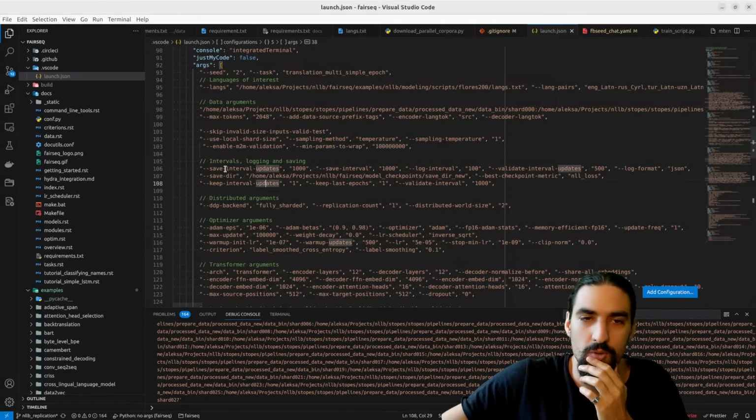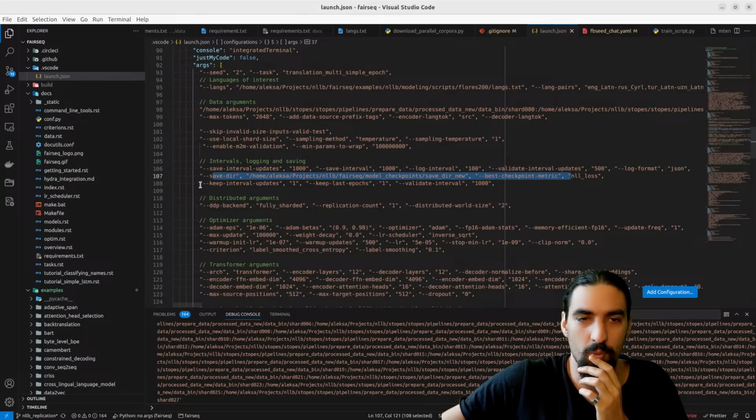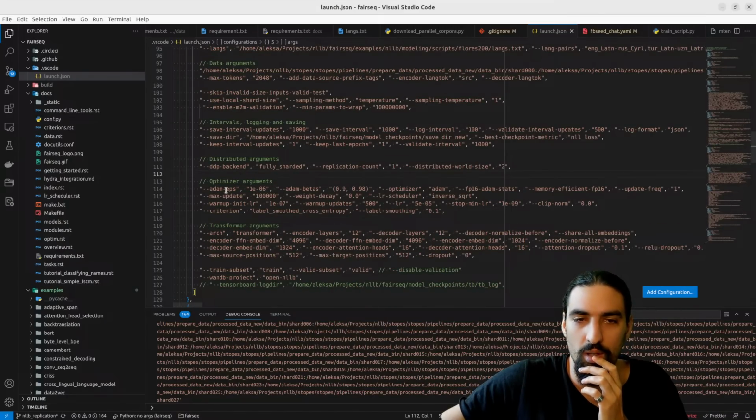Let's continue. Save interval update, save interval, log interval, validate interval, log format, where to save stuff, best checkpoint, keep. All of this is reasonable. DDP replication count. I'm not sure what replication count exactly does. Adam epsilon beta is optimizer.